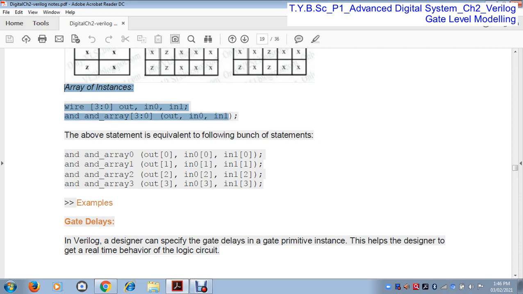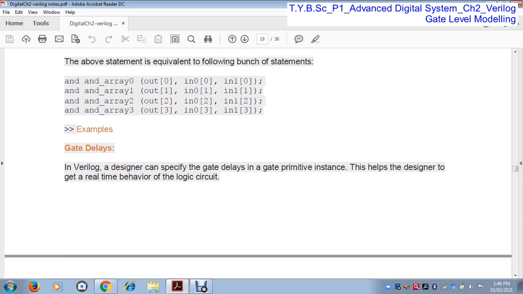The AND array means an array of AND gates, starting from 0 to 3, so 4 gates. This array contains AND gate 0, AND gate 1, AND gate 2, AND gate 3, and each AND gate has 3 connections: output, input 0, input 1. So we can define an array of a particular gate.